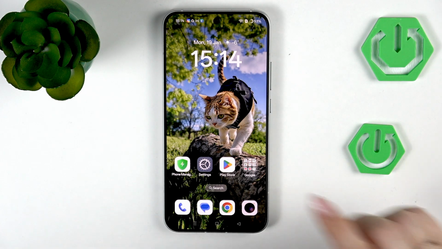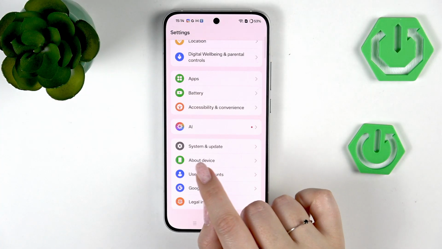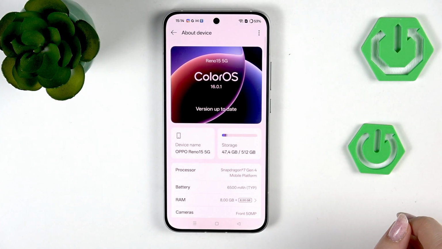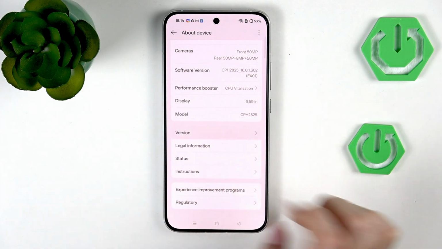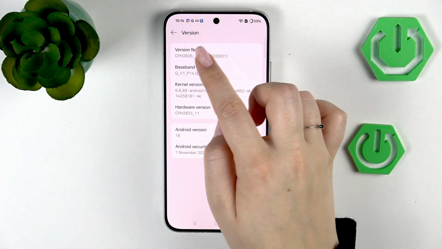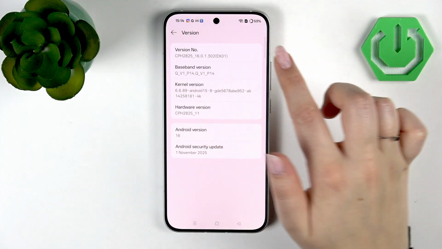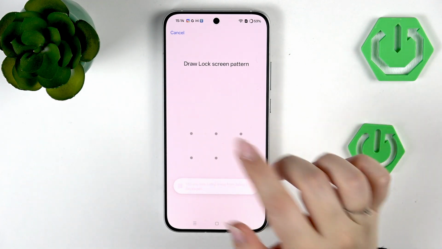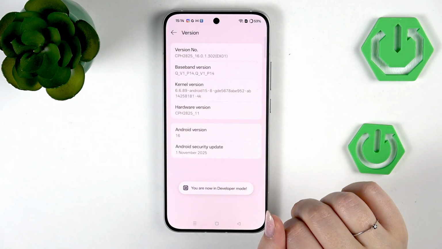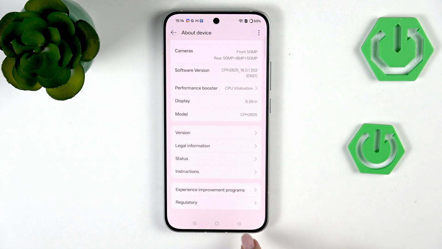So let's start with opening the settings, and here we have to scroll all the way down to find About Device. Then we have to scroll down again to enter version, and here tap on a version number multiple times until you'll see the information that you're in the developer mode. So keep tapping on it, and if you've got any kind of screen lock, you will have to enter it to confirm the whole step. Now we've got the information that we are in the developer mode indeed,